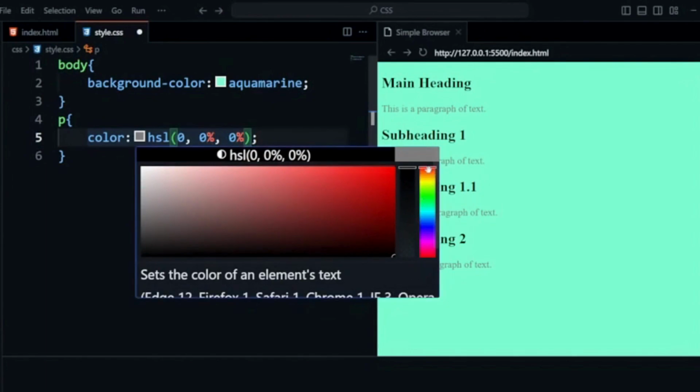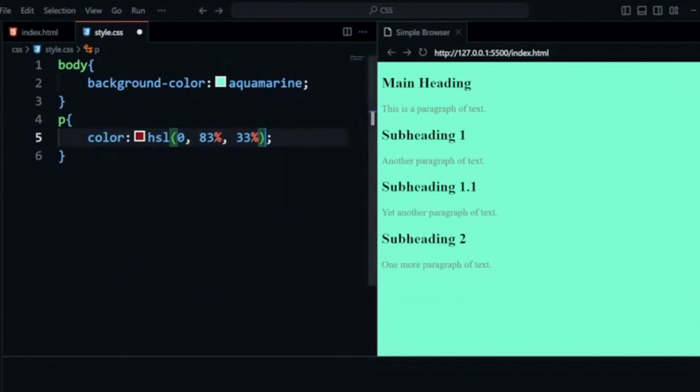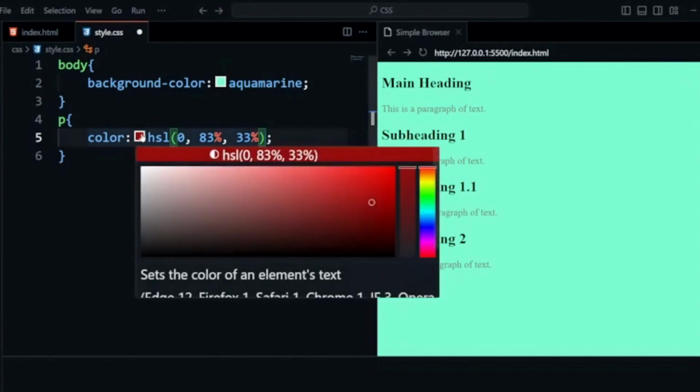If I go somewhere in the middle and drag from this side, you can see my hue increase. And if I go to the bottom, it becomes 0 again because this is a circular color palette.